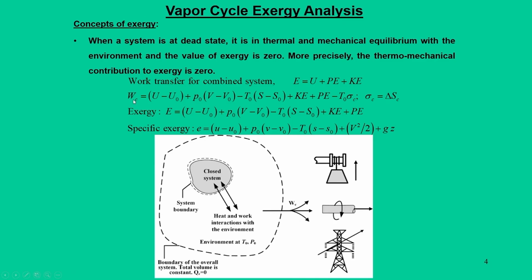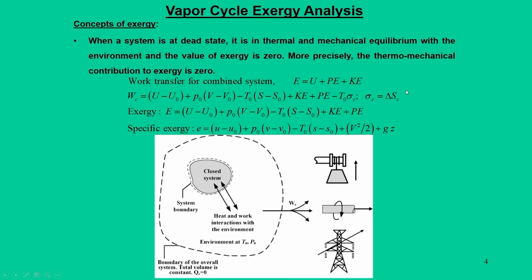If the total energy of the combined system is E, consisting of internal energy, potential energy and kinetic energy, its work potential can be expressed as the change of internal energy, plus the work, that is U plus PV, something called flow work. Then the difference in the kinetic energy and potential energy,